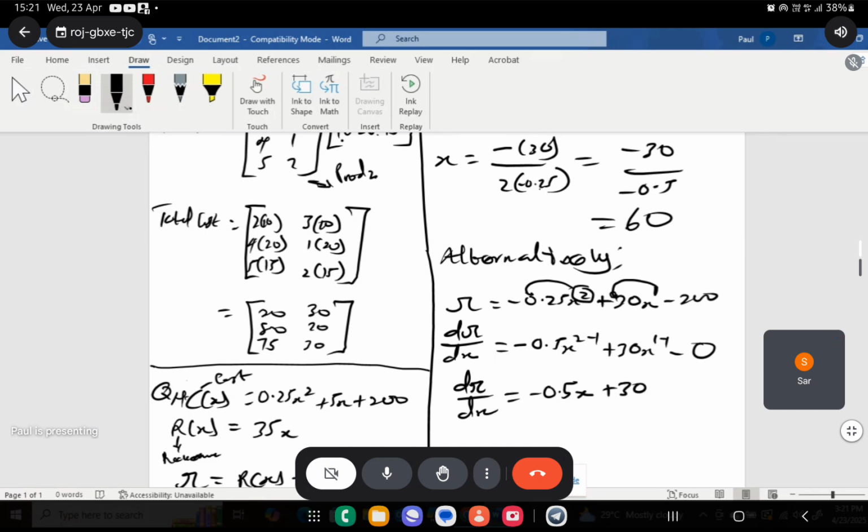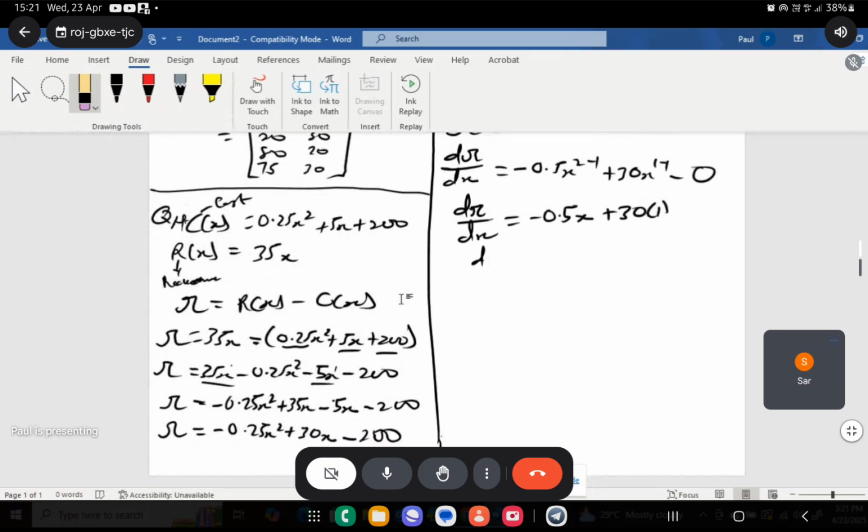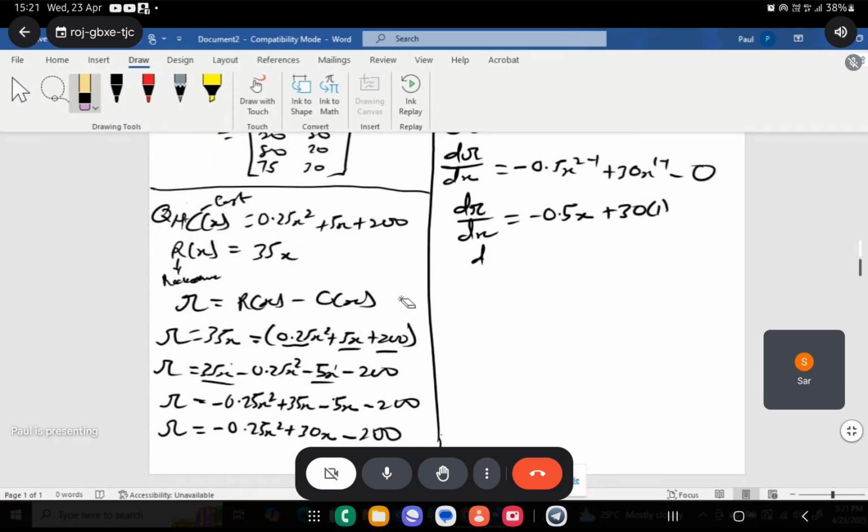Now x to the power 1 minus 1 will give you x to the power 0, and any number to the power 0 is 1. So 1 times 30 will still be 30. Then this will be 0, so it's out. Please, do you understand? Okay. So therefore, our differential becomes this: